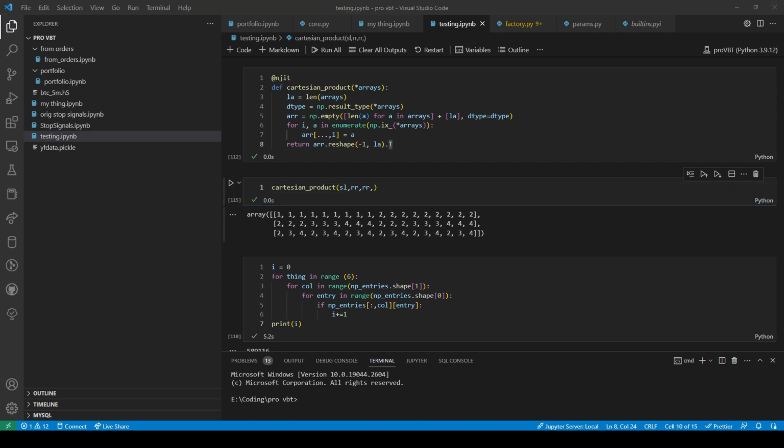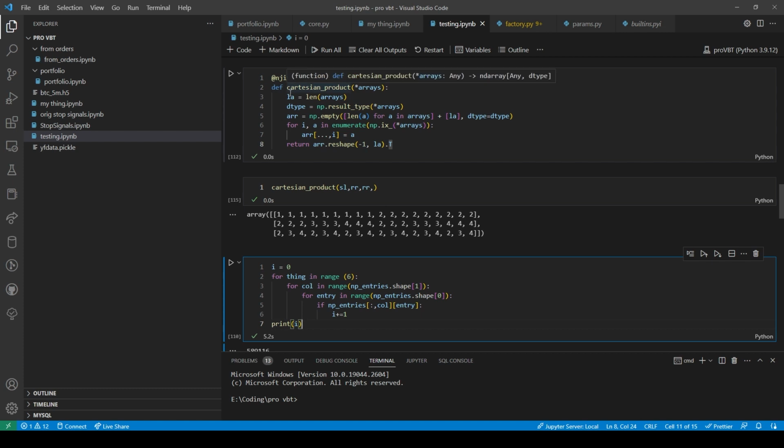All right. Because what? Do we do the Cartesian product of an order? And then inside of the order, we grab each array.